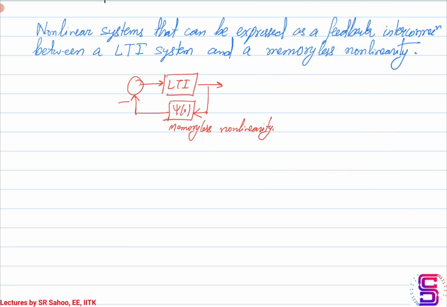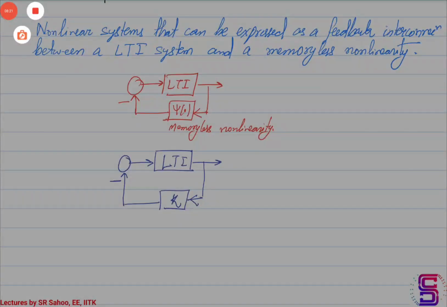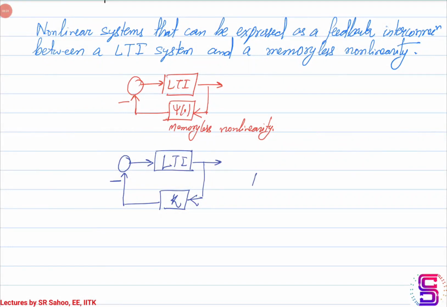If you see, let's say that you have a LTI system, and the feedback path has a gain k in this form. Suppose this k can vary from 0 to infinity. So for a LTI system with the variation of k from 0 to infinity, we can always find, I mean, not always, given a LTI system,